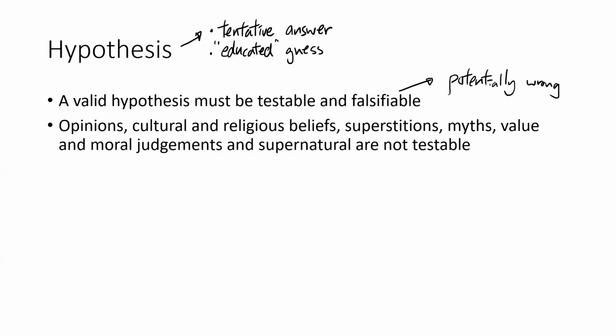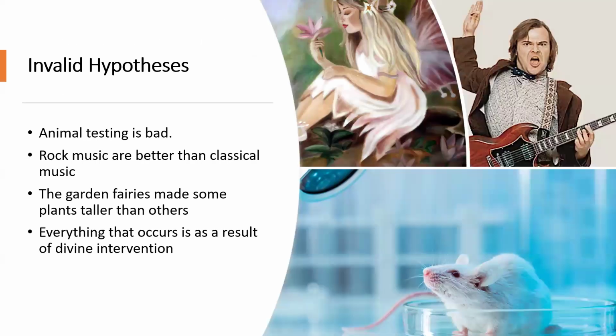So let me give you a few bad hypotheses. Example. Number one, animal testing is bad. Rock music is better than classical music. These are not good hypotheses because they are opinions, and we cannot test opinion. It's because this is your personal preference. Even though we've split them into groups and then we see who agrees and who disagrees, that doesn't show anything,